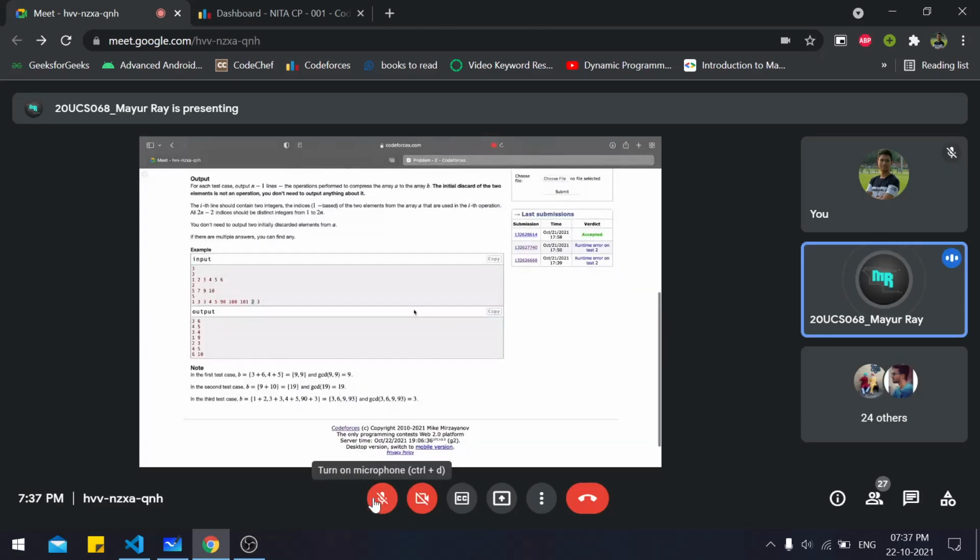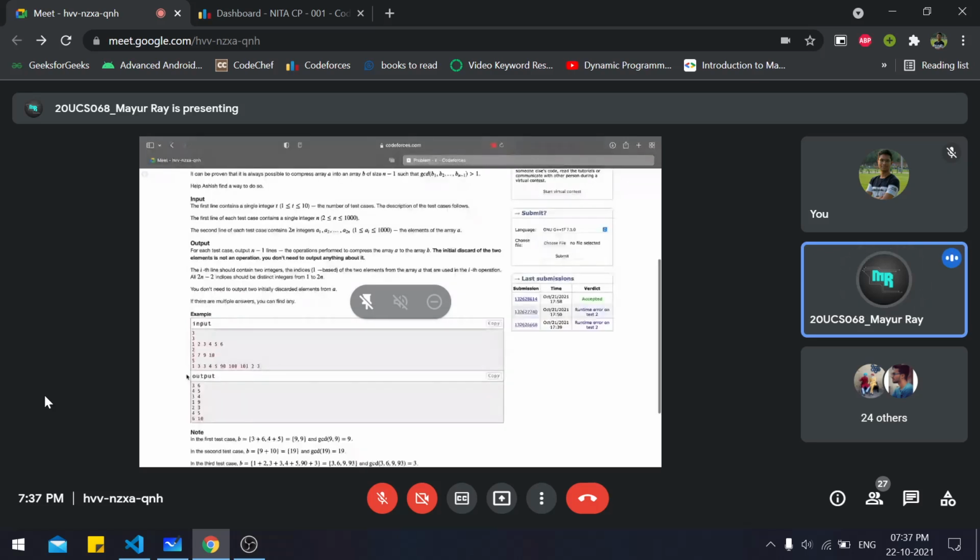One more thing: in the question it mentioned to print the indices. See, the indices are printed, not the actual elements. See here in the last one, the actual elements are not printed. Rather, the indices of them are printed, and those are all one-based indexing. So I will take the indices only and not deal with the elements.